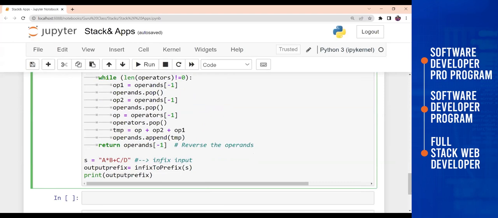Okay, now let's work on how to convert this to prefix. We already saw that in the theoretical manner, right? There are 5 steps we will be working on, and meanwhile I will explain them one by one. Here it is, infix to prefix. This is one of the functions we are going to work on. The argument we are passing is s. So the infix to prefix function is going to have this argument. Now how will it be?